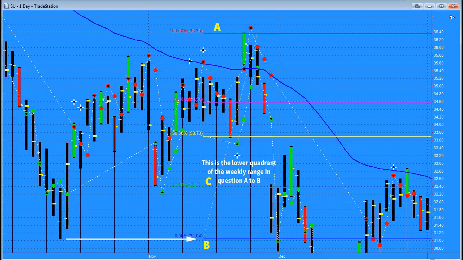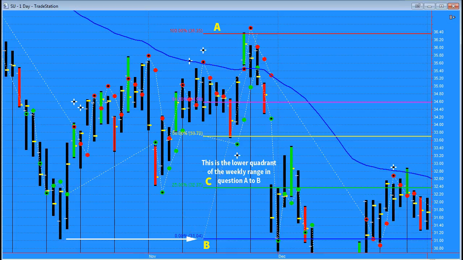First, I take the high of the swing to date at A, which is the Friday of the week ending 11/21/14, and anchor the risk-reward grid, then stretch the target line, the blue line, initially down to the low of the range in question, which is Wednesday of the week ending 10/17/14 at B.